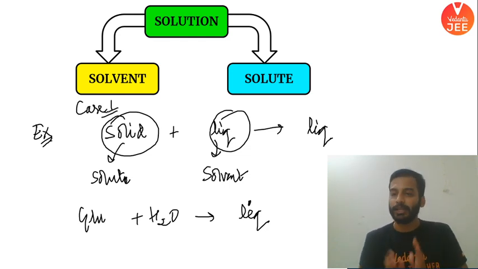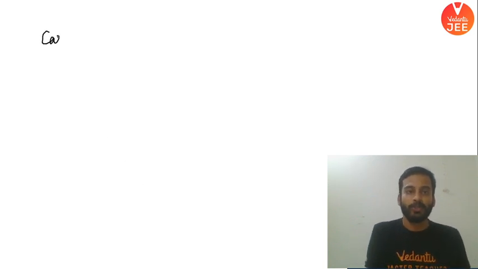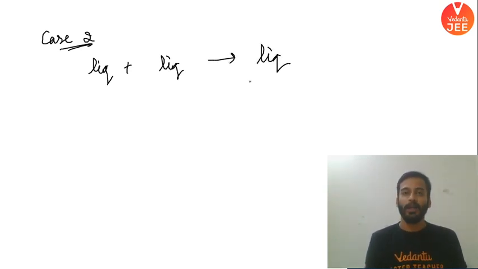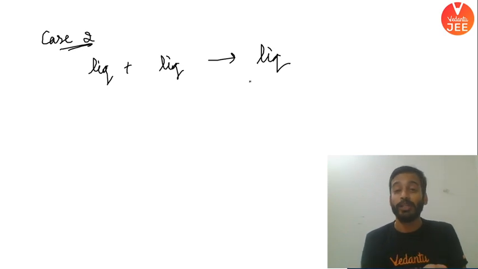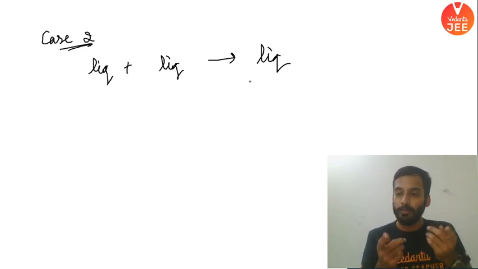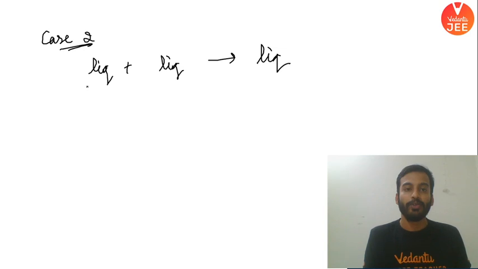तो ये simple example हो गया, glucose plus water gives you liquid, it is about solid and water, right? But what happens, this is category number 1, ठीक है, this is case 1. केस 1, when you are dissolving solid in liquid, आपने सॉलिड को लिक्विड में डिसॉल्व किया है। अब देखो बड़ा important चीज, जो ज्यादा important है, केस 2, boys and girls पे full attention, case 2 is when you are dissolving liquid in liquid and you also get a liquid solution, right? Now what do I call solute, what do I call solvent? That's a question, because we know, if something is in large quantity, that is generally liquid, we call it as solvent, which is in less amount, we call it as solute, but both of them are liquid now. So beta, here you will always decide based on whichever is more in amount,